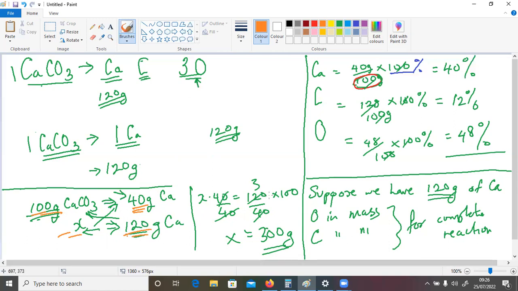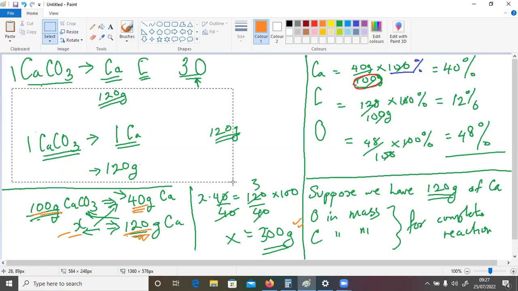Doing the multiplication, I find I must start with 300 grams if I'm going to produce 120 grams of calcium. Then everything now is pretty straightforward, because I know